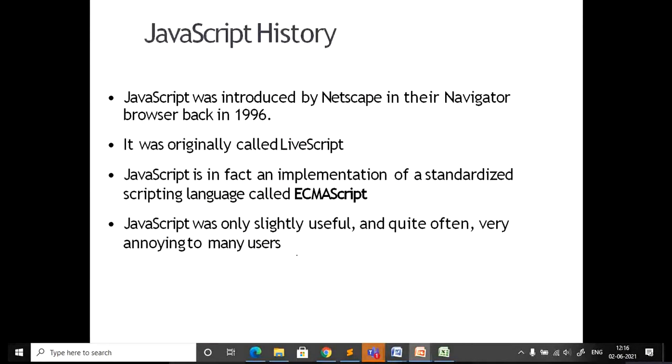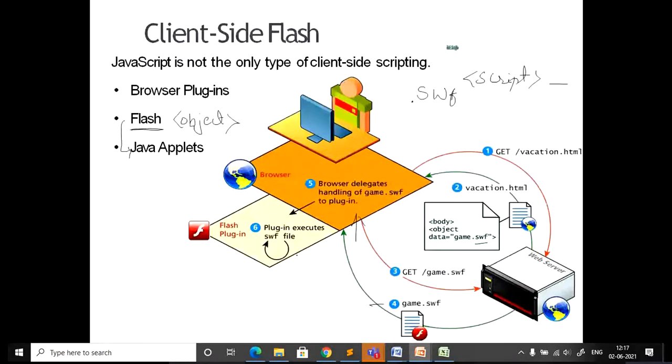So now we'll focus mainly on JavaScript. We are not going to discuss how Flash or Java applets can be included in HTML. For your curiosity, you can just try it. If you get time, try to include Flash or an applet in your browser. You have to create a separate program for Flash with the name SWF. Even for an applet also.